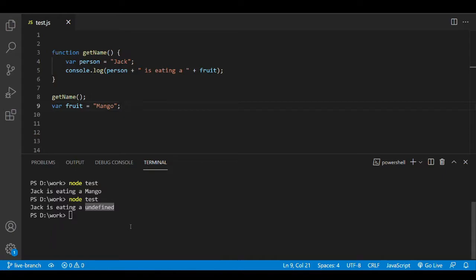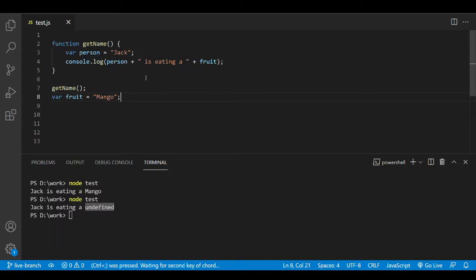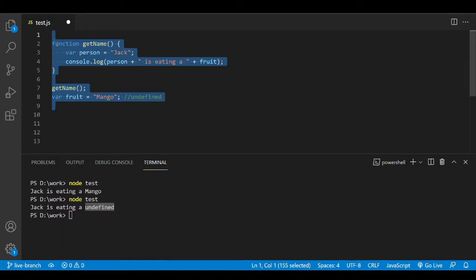In the previous video, we had discussed how a file is executed in two phases. There's a creation phase and then there's the execution phase. In the creation phase, the JavaScript engine tries to allocate memory to the members of the file. So all these declarations need to be stored in the JavaScript engine first in the creation phase. So the getName function will be stored, the whole declaration of this function will be stored in the memory, and this variable will initially be set to undefined.